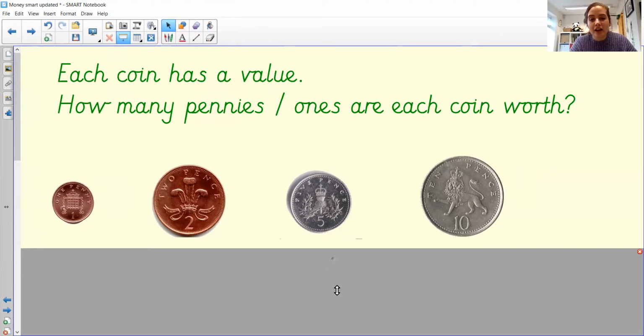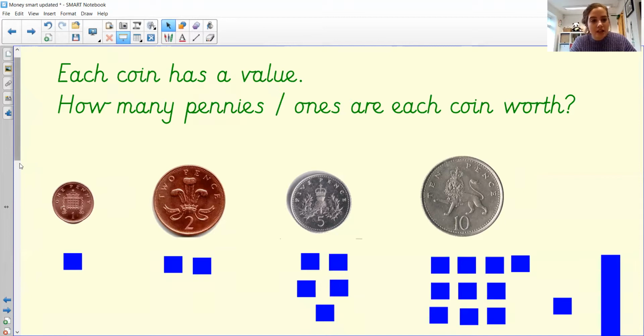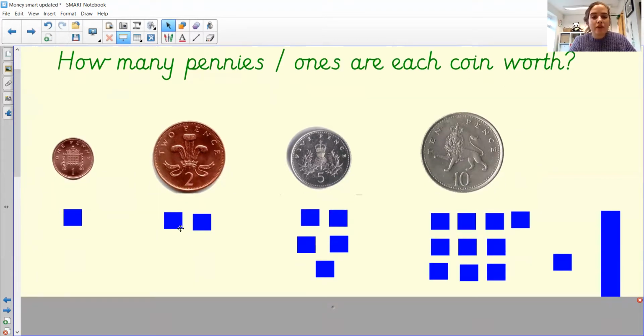Brilliant stuff. Okay, so these are my ones. I recorded a dot for a 1p. I've got 2 1s for a 2p. I've got 5 1s for a 5p, and I've got